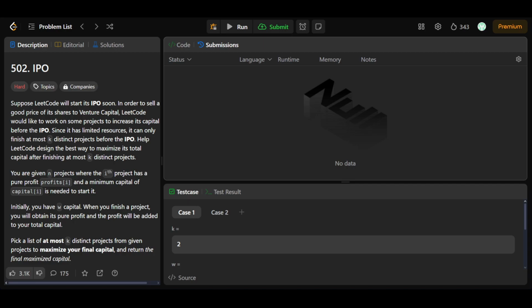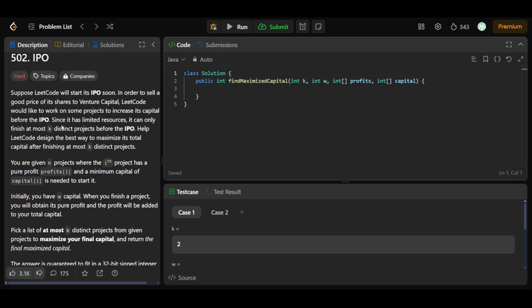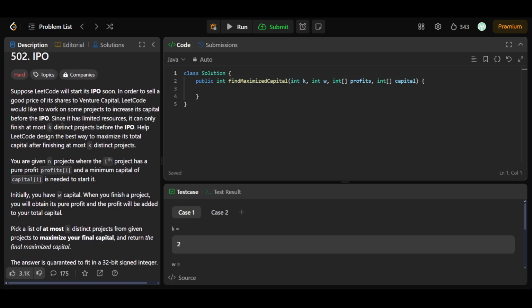Hello people, so today we'll solve LeetCode question 502, that is IPO. Let's suppose that LeetCode will start its IPO soon, and in order to sell its shares at a good price to venture capital, LeetCode would like to work on some projects to increase its capital before the IPO launch. Since it has limited resources, it can only finish at most k distinct projects before the IPO launch,